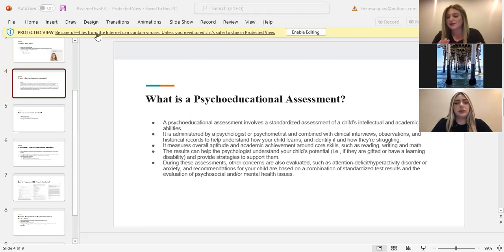Now, your child can get an IEE for psychoeducational assessment. They can get an IEE for speech. They can get an IEE for OT, et cetera, et cetera. So the way that it works is the school, your child's school district, is supposed to legally do their own psychoeducational assessment. They have to do it. Even if you come with your own, they have to do their own. They can consider outside evaluations, but they have to do their own.